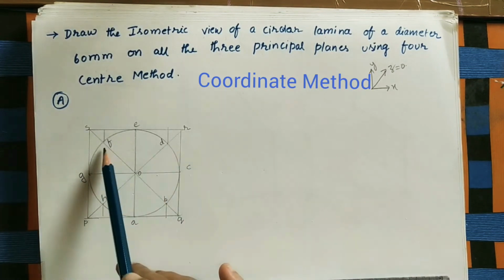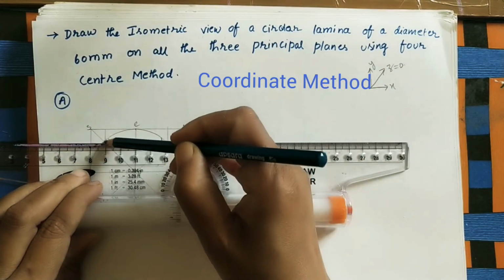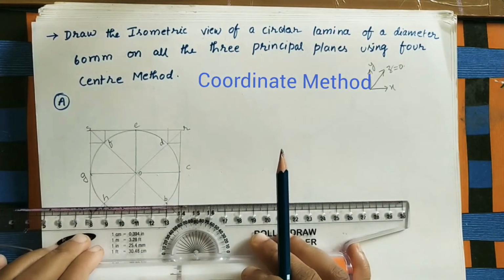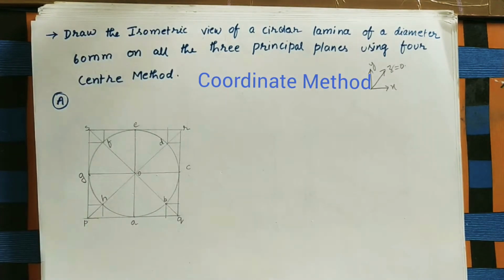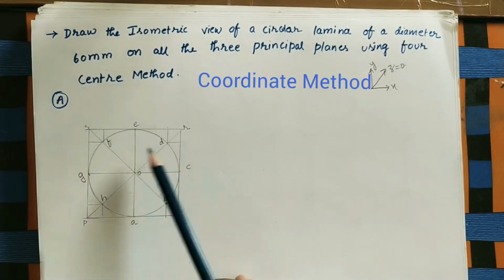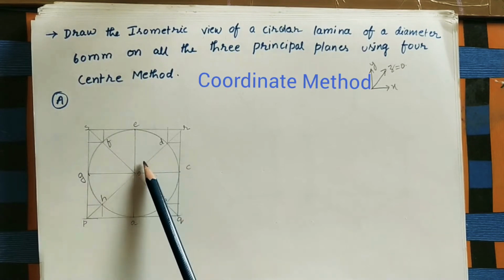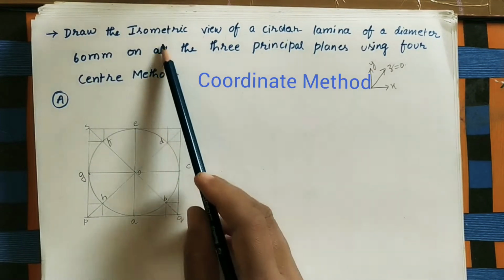And for getting this side, take this as the reference line. Move the scale. Here do one horizontal line. Here also do one horizontal line. Similarly in downward also do this side one horizontal line, this side one horizontal line. Here what we did in this bigger square, at the 4 points of the circle we did again small squares. So here this is the orthographic view of the circle. For this orthographic view, that is 2D view, as I told, it has only 2 dimensions. For this we will do the isometric view.